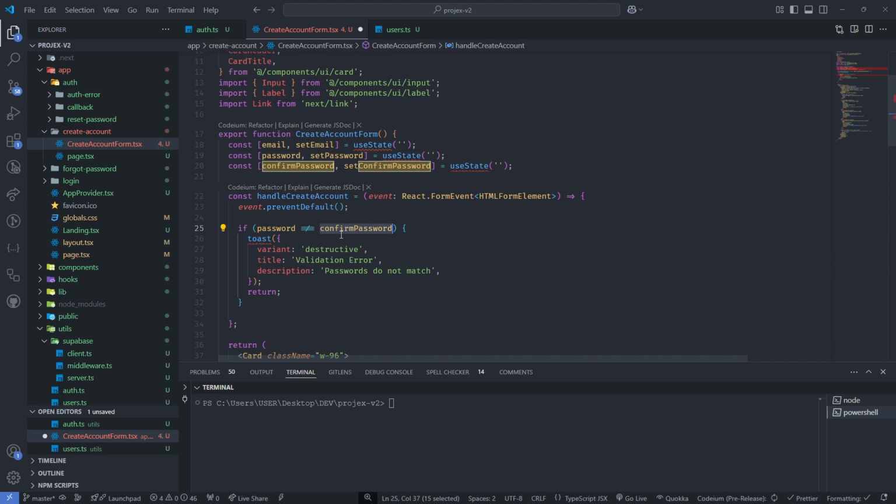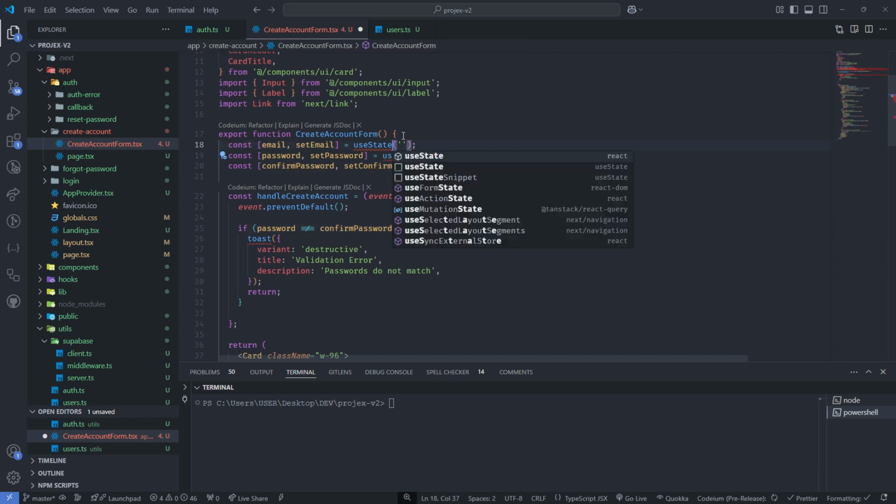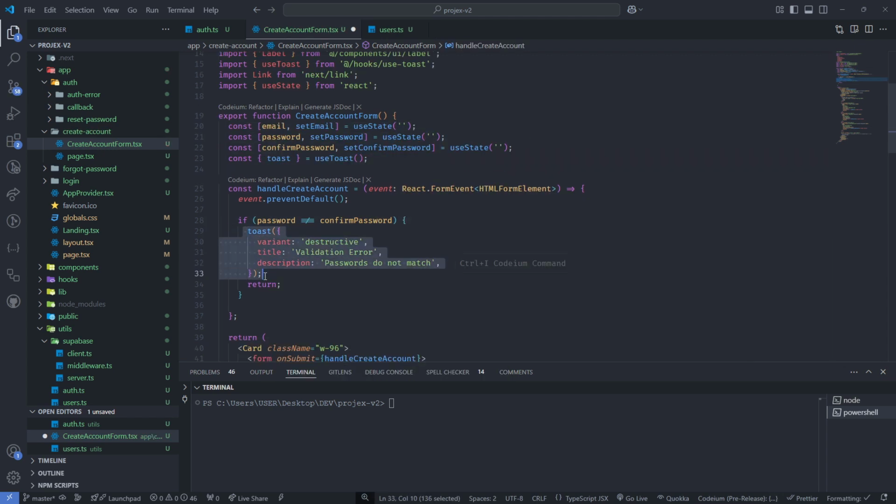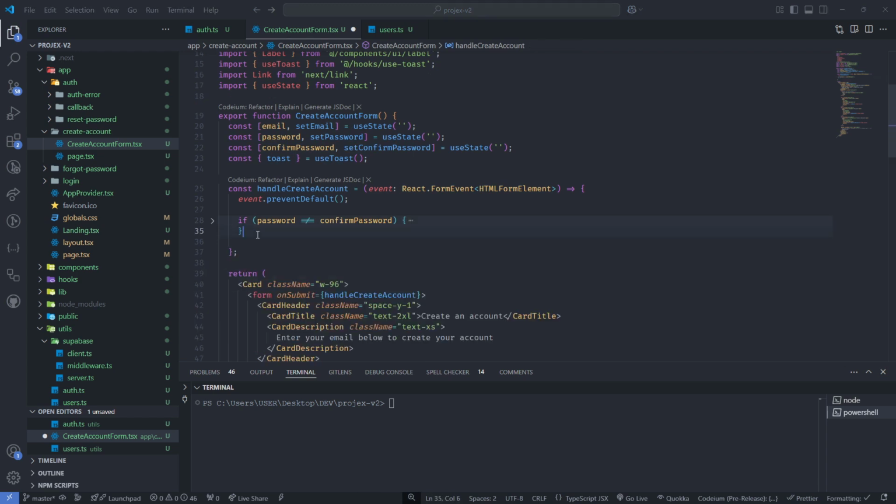We check if password is not equal to confirm password, so they are not the same. Let me import this from React, and then let me import this toast. We're just going to show toast to the user and say passwords do not match. Otherwise,